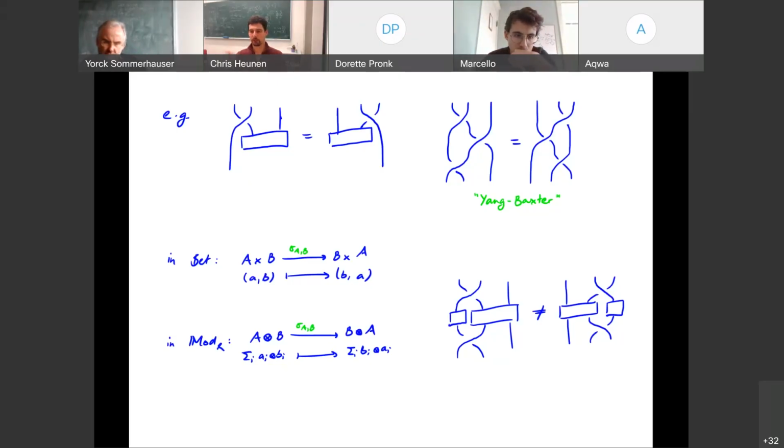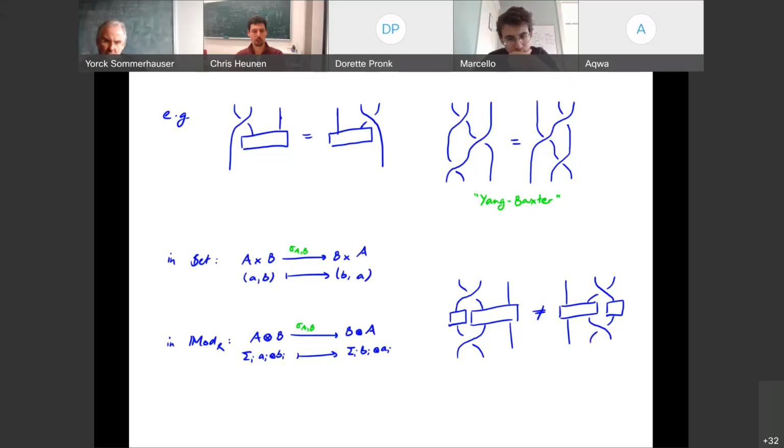And the same goes for this Yang-Baxter relation on the top right. This is a kind of famous equation that says what happens if you have 3 strands. I swap these 2, I swap these 2, I swap these 2. That's the same as doing it the other way around: first these 2, then these 2, then these 2. And indeed, you can see visually that if you take pieces of string, then this is just true. You can deform one picture into the other.